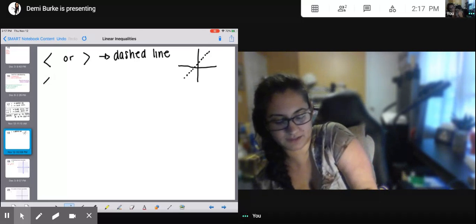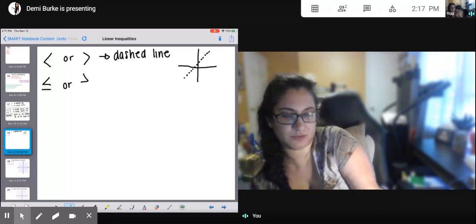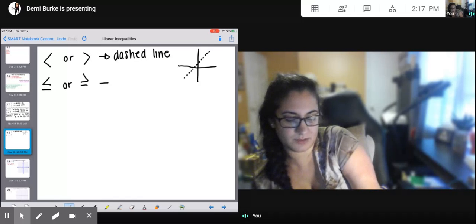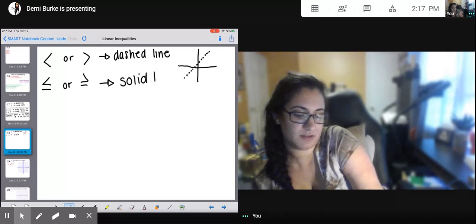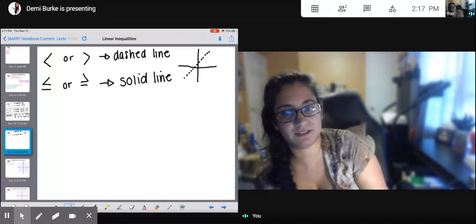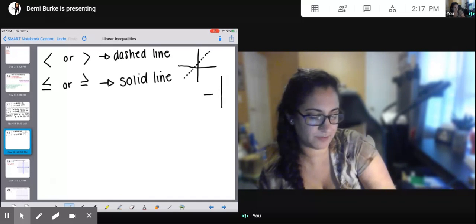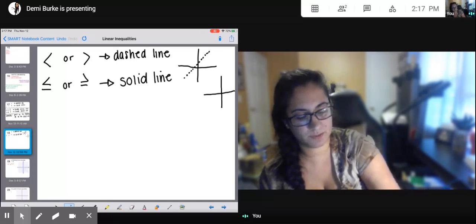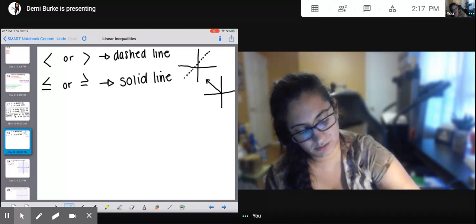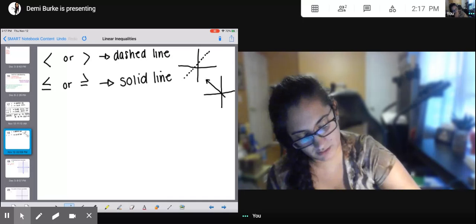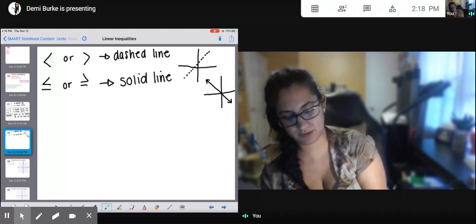If I have a less than or equal to symbol or a greater than or equal to symbol, that is not going to be on a dashed line, but that equal to means that it includes it. So it's going to be on a solid line. I will highlight and color code these in just a second for you too so that you can see. This one might be in the other direction. This one is going to be a solid line being graphed. So we'll do dash line